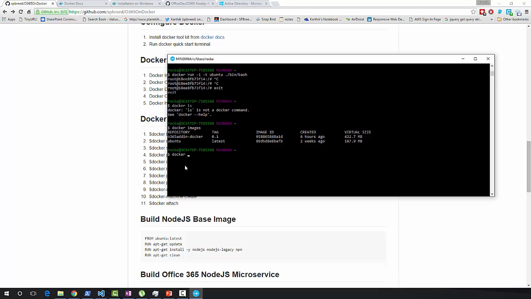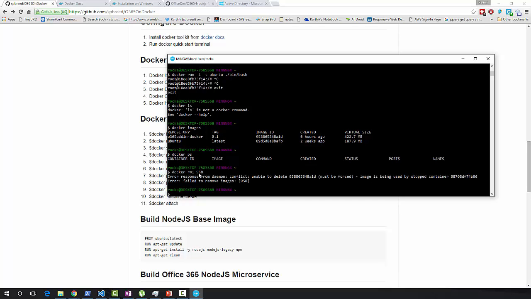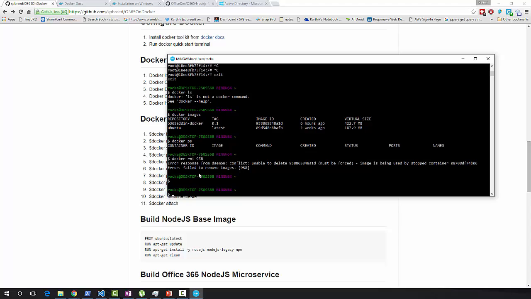just make sure none of the containers are running. I'm running docker ps, so none of the containers are running. Now to delete the image, docker rmi and give the image ID. For the image ID, we give the first 5 letters, that is sufficient. I think this image is referenced by a docker container which is in sleep mode, so let me kill it